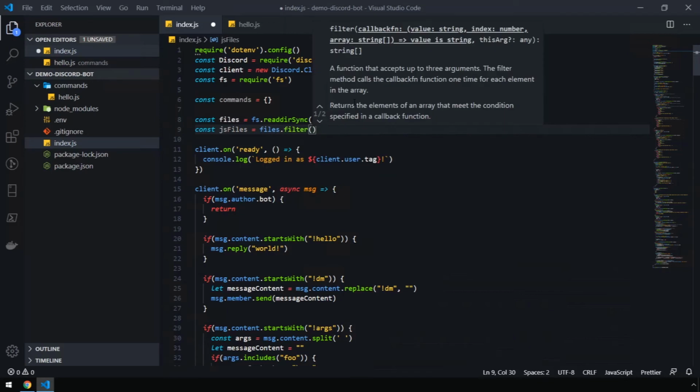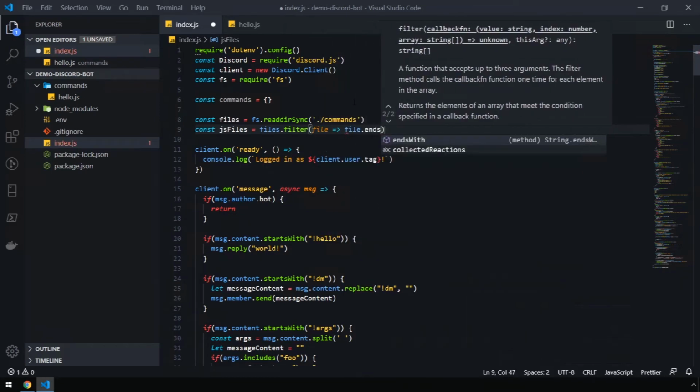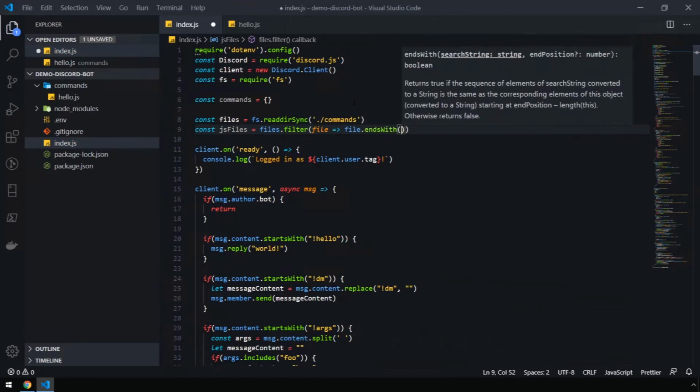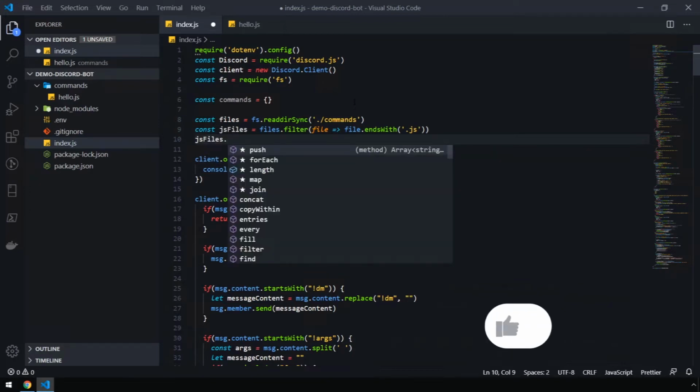We'll say jsFiles as our new variable here. files.filter. Pass in the file into an arrow function. And we're going to check that the file name ends with .js. Now the last thing we need to do is loop through these files and import each one of them one by one. So jsFiles.forEach,